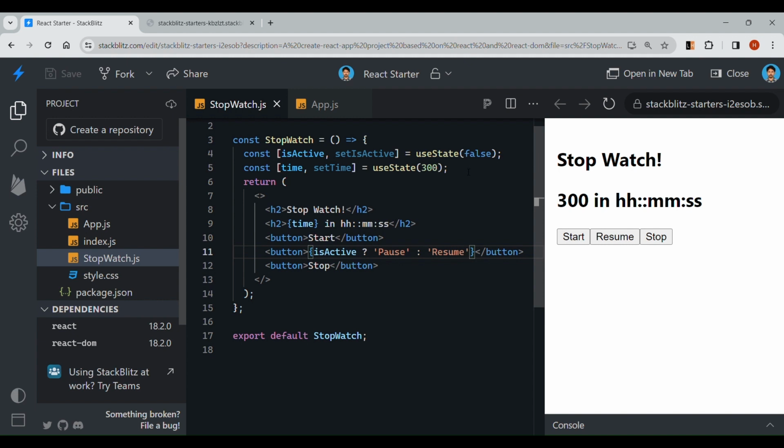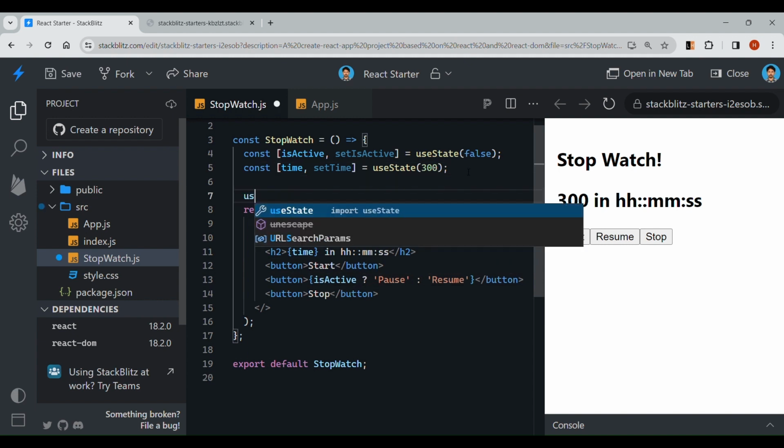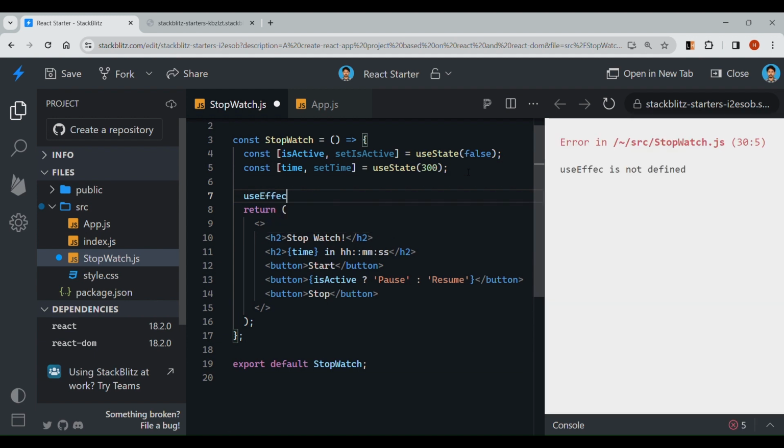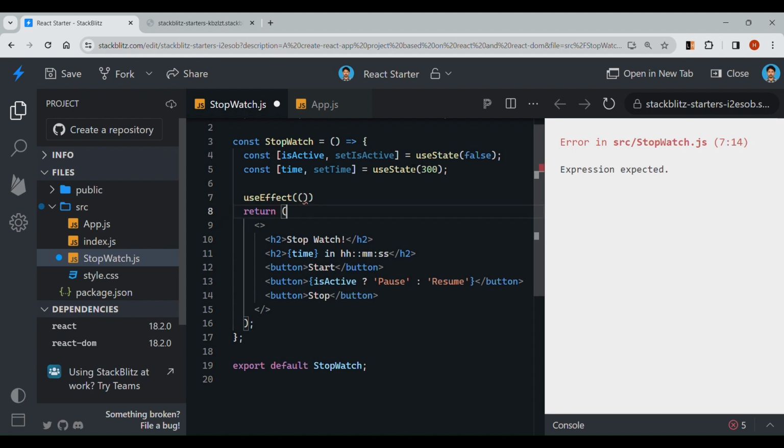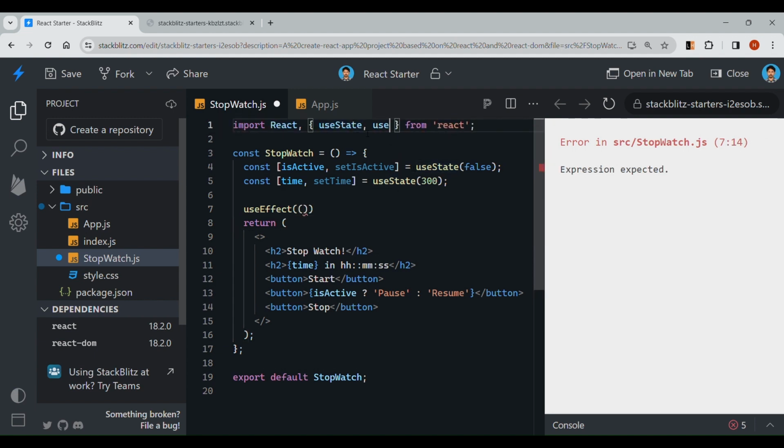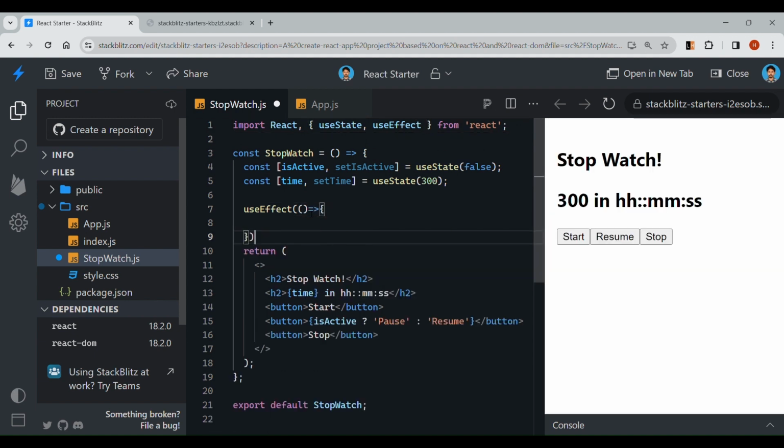Okay, so we need to set the interval. For that we'll make use of useEffect, and for this we need to import useEffect. We already know we'll be tracking based on isActive. So whenever we click on some button, it depends on isActive. So whenever isActive changes, it will set the interval based on that state variable, right? So let's create some interval,